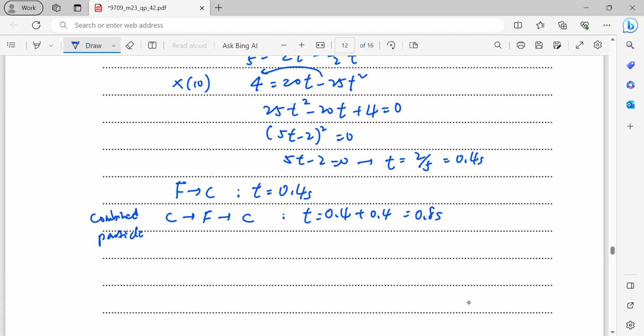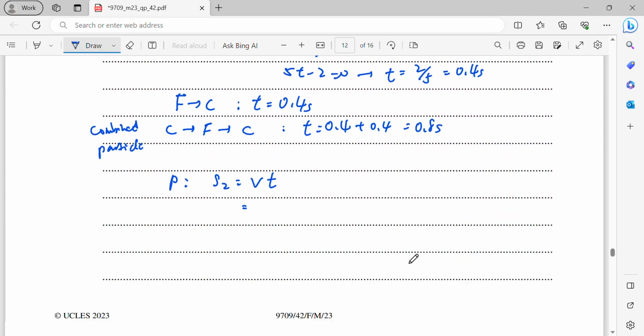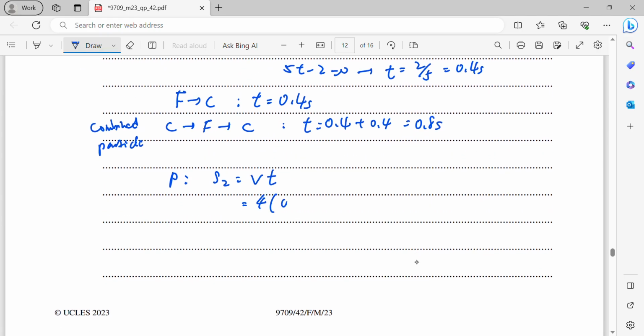So now for particle P, let it be S2. That is vt. Now what is the v? Let's check. The v remains the same, 4. Then the t is 0.8. Then I will be getting 3.2 meters. So which means from here, for the particle P,